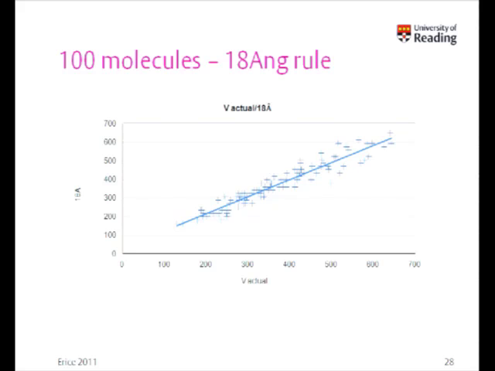And so what I did, actually, I got a student for a fourth year project to do some calculations with 100 organic materials from the database, and got them to calculate the molecular volume based on the 18 angstrom rule and plot it against what we've called V actual, the actual volume from the Cambridge Structural Database. And as expected, you get a straight line, but there's a fair amount of scatter in that. And in some of the cases, that can lead to sufficient deviation from a crystallographically sensible division that it casts doubt on whether you've got the right cell or not.